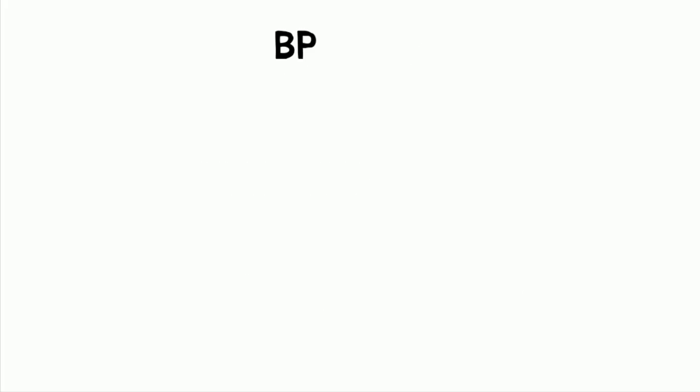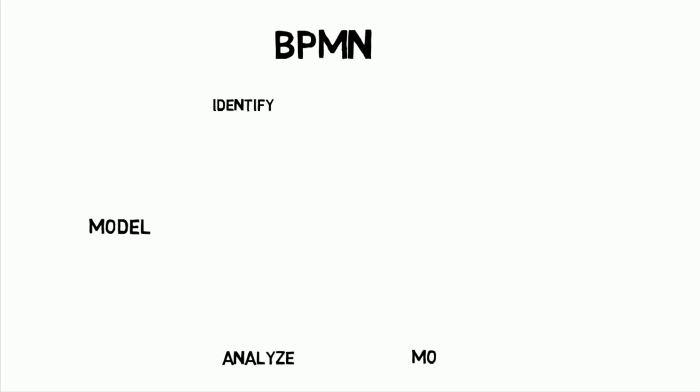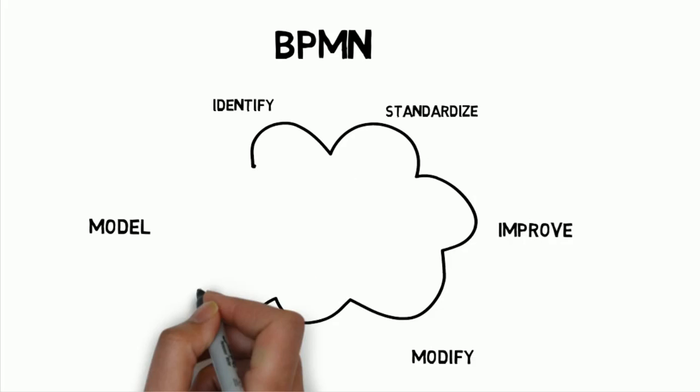But why do we use BPMN in the first place? Business Process Modeling helps organizations to improve business processes with the help of analysis and automation. These techniques and methods are often used to identify, model, analyze, modify, improve, and standardize the business processes with the